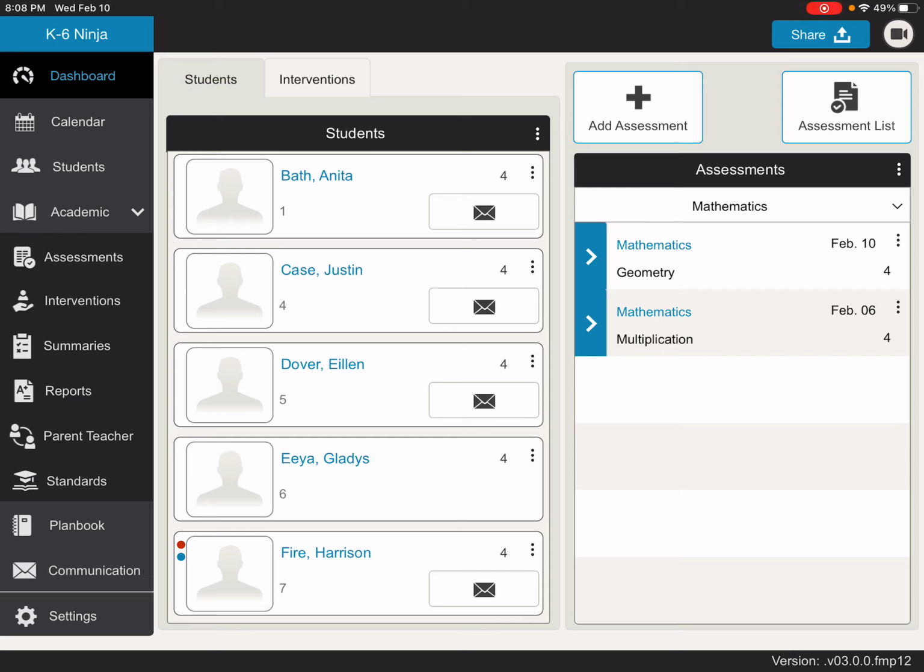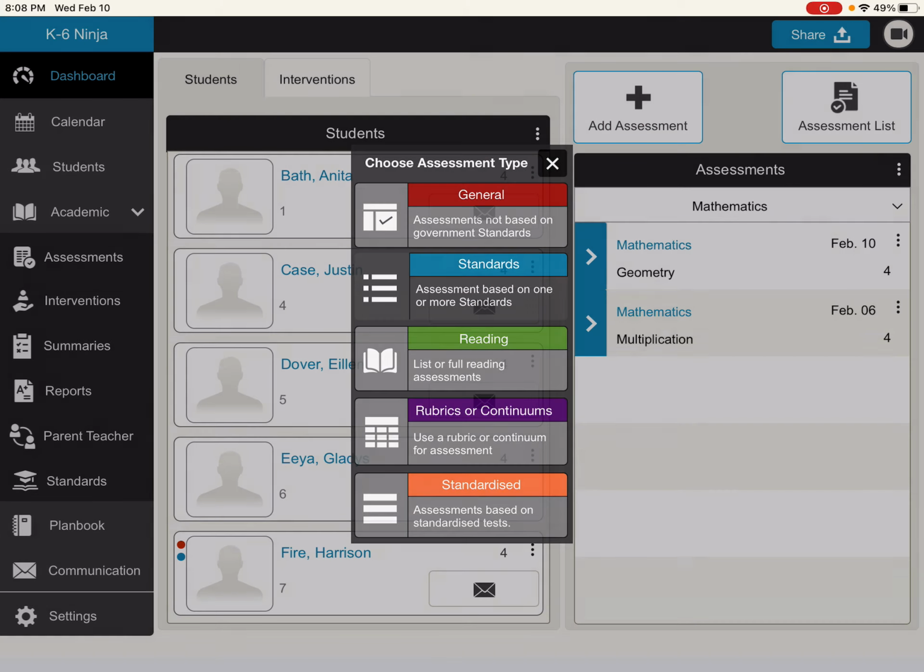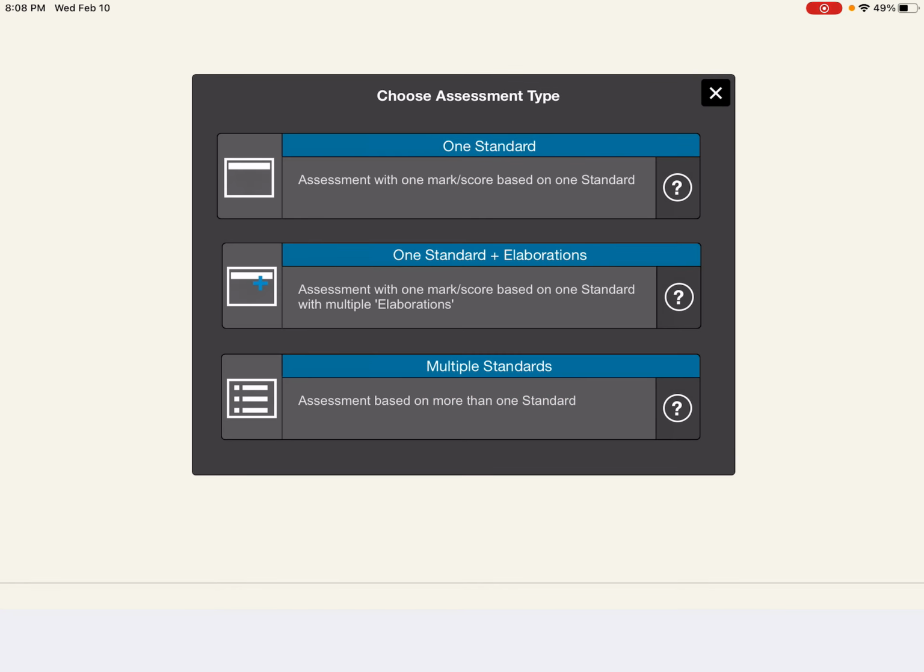Now, if I want to track a standard, but I want to track elaborations or indicators of that one standard, I go to Add Assessment, go to the Standards. You'll see one standard and elaborations. It might say indicators on your app, depending on what state, province, or whatever you're from, or country. So I'm going to press this,